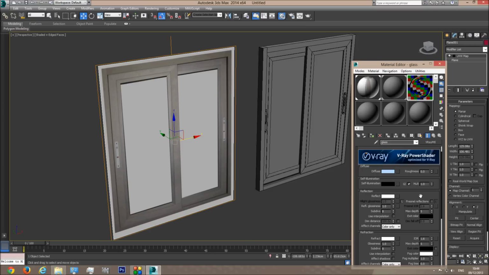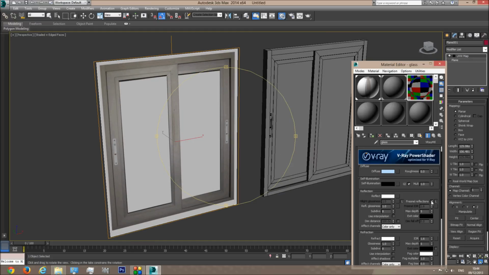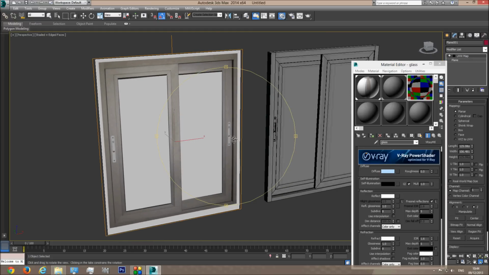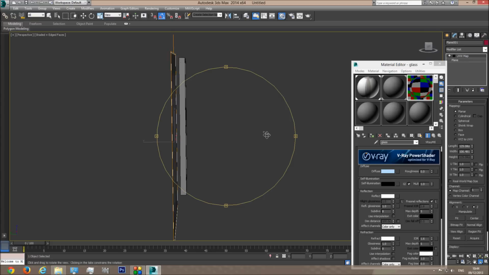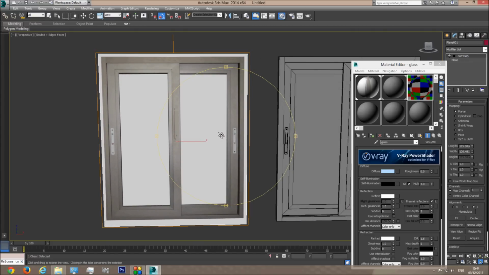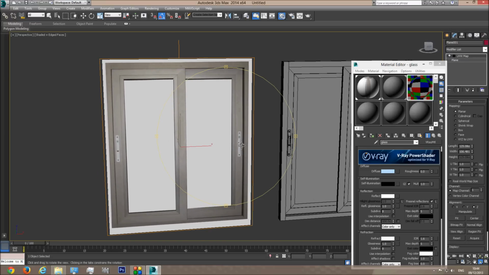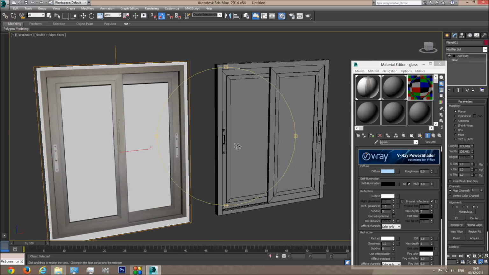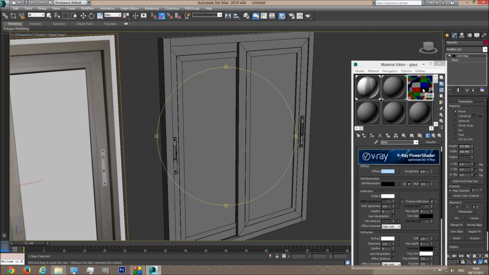So it's 100% transparent and 100% reflective. Now the reflection of the glass is Fresnel reflection. What Fresnel reflection does is reflects 100% when it's 90 degrees and much less when it's 0 degrees, so it's in the front. This is how the reflection of the glass works. If you look at the glass from a front view angle, you will see it totally refractive, totally transparent. If you look at 90 degrees, you can see almost only the reflections. This is the natural state of the glass. So I'm going to use the Fresnel reflection value,